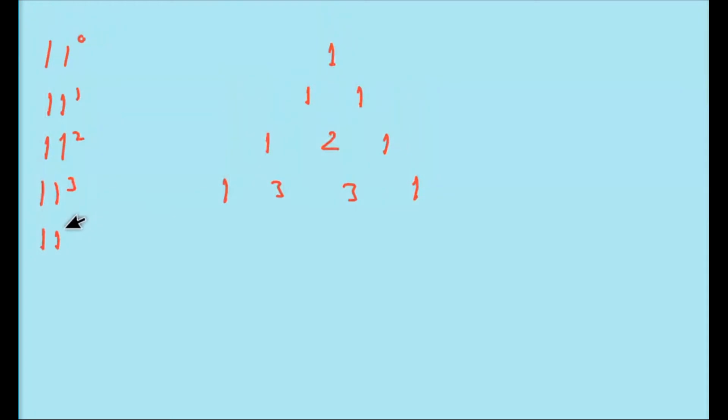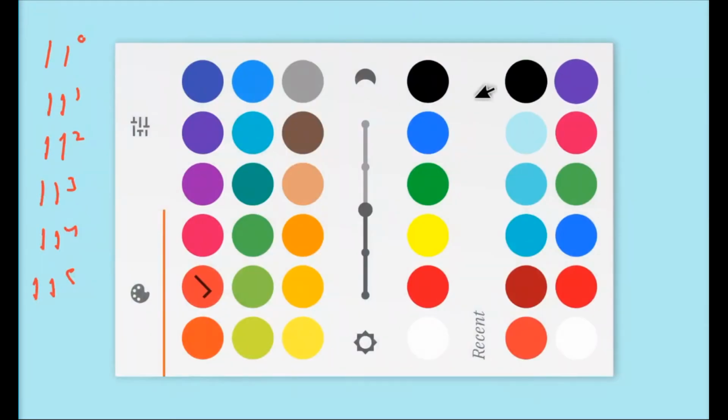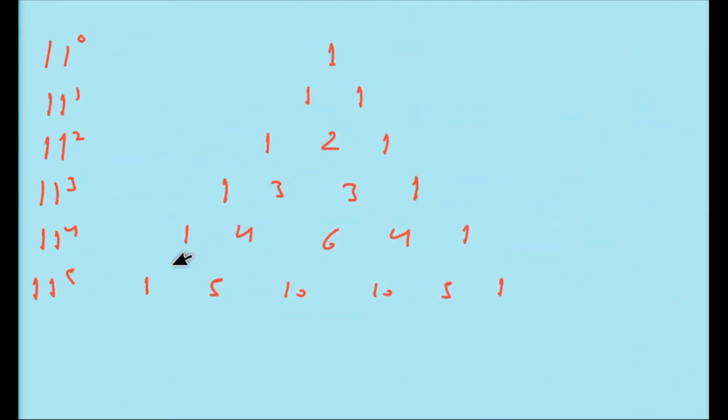Similarly, 11 to the power 4 is 14641. Similarly, 11 to the power 5, you will get 1 5 10 10 5 1. Now check here. Here is a very important triangle, and you can see here is a very important triangle. This one is a triangle,